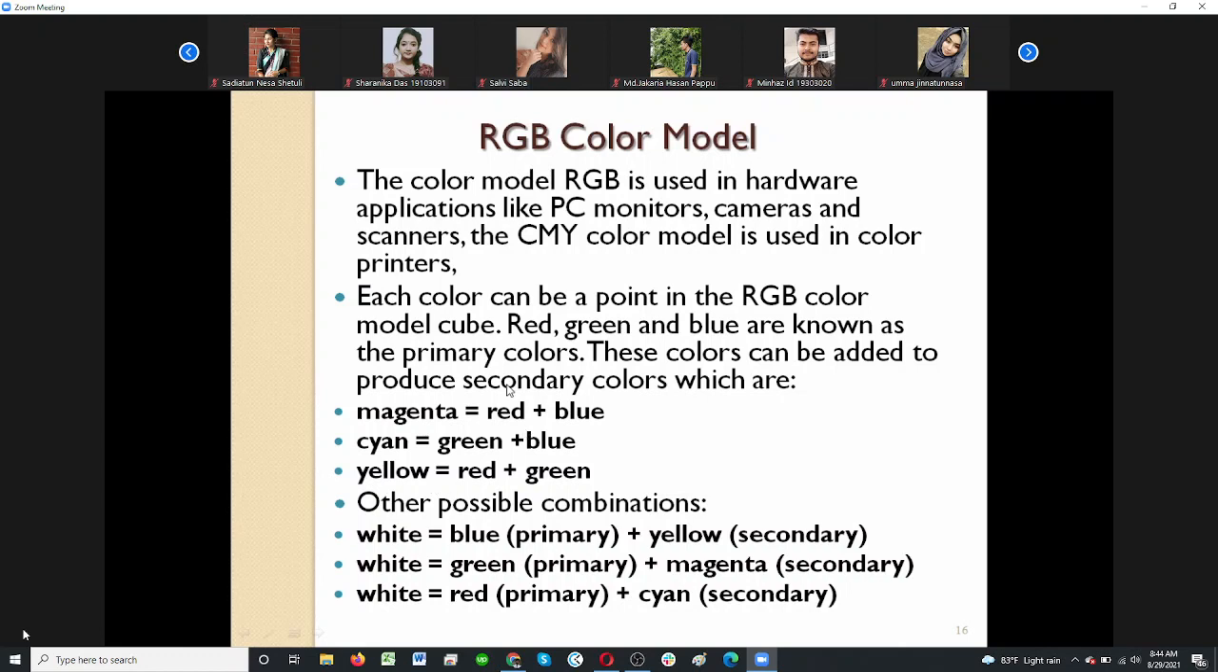And the secondary colors are combinations of them: red and green create yellow, green and blue is cyan, and magenta is red and blue. And look at the applications here for RGB in hardware, like PC monitors, cameras and scanners, mostly where you use light for the color, and CMY is only considered for color printers. Okay,